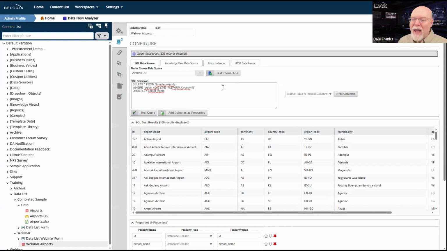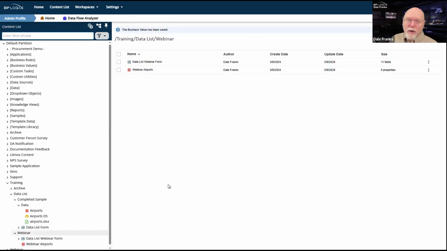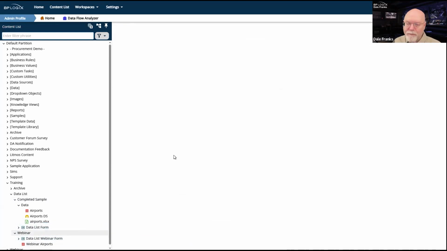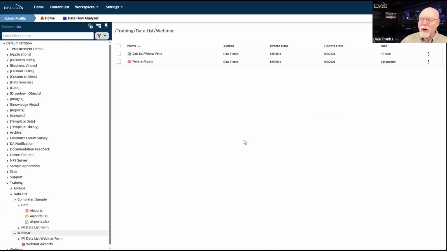That's why I like the like in this case, because if I pass it a value for the region code, let's say US, then great, it'll just return all the American airports, or Canadian airports or British airports. But if I don't provide it a value, it's going to return everything. So this I like. I've now had to reset my business value and change it a little bit, but for normal use, it's now going to return all of the airports. And if I run my form again, my form is just going to give me all of the airports. So we'll update and run it again.